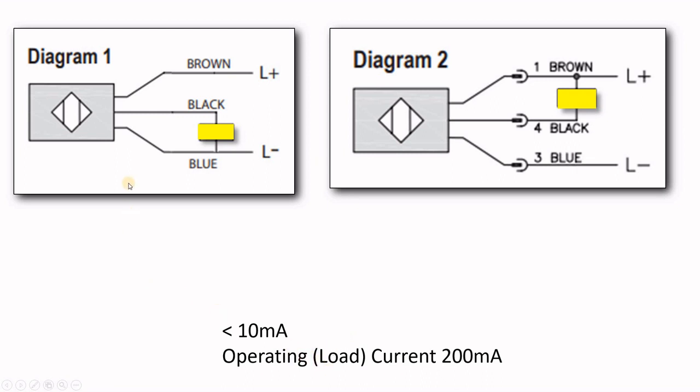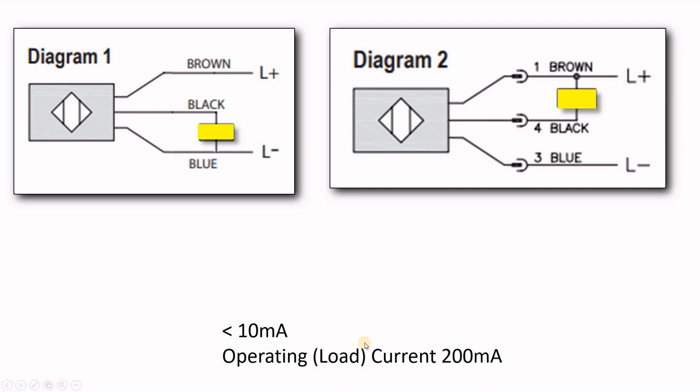If you look at the limit switches manual, they showed us two things. This is your card or your load. In this case, it's connected between the minus and the signal. So your expectation is that your signal will be the return positive from the limit switch. Here, the load is between the plus and the black, meaning the black is the returning negative side